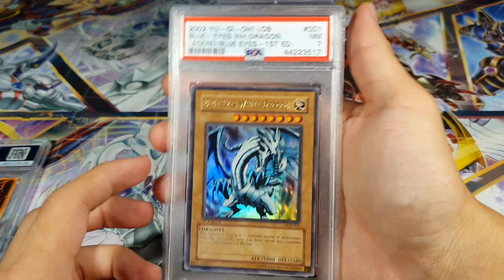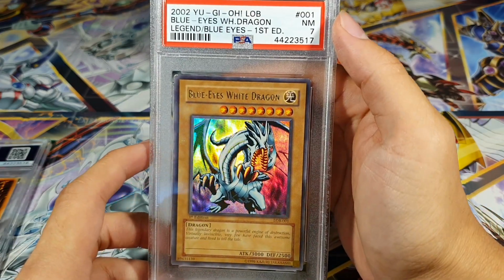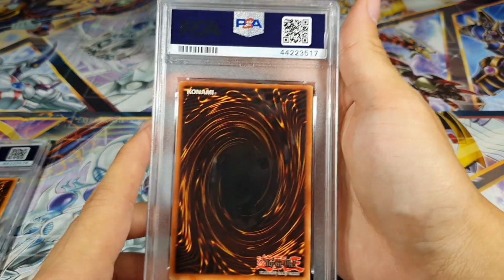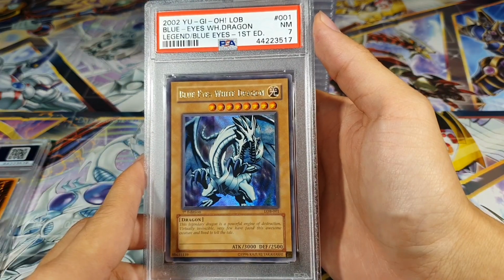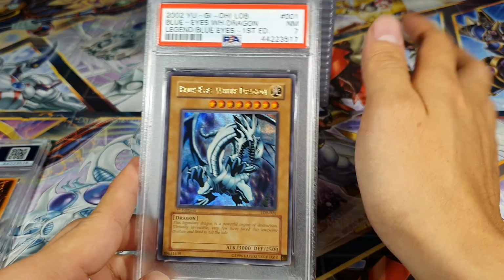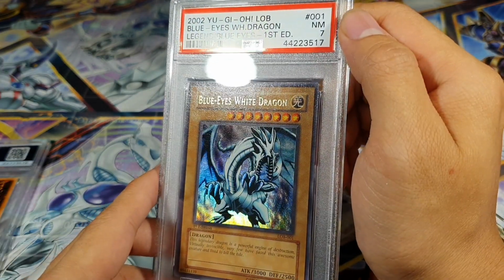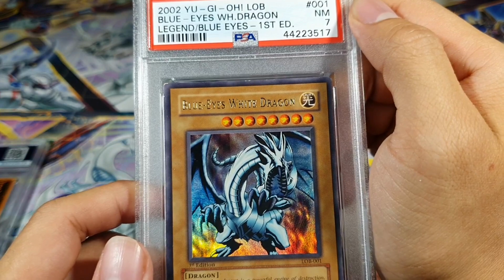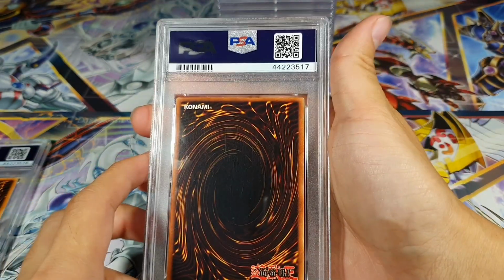Okay, we have another near mint 7 LOB Blue Eyes. This is crazy. Okay, yeah, this is not in great condition. I definitely know that some of the LOB Blue Eyes that I bought recently, I was thinking they were not gem mint quality, but I was still hoping that maybe one or two could get over a 7, because I think all of them have been 7 so far. So yep, near mint 7,